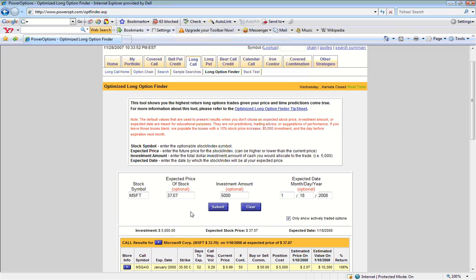Let's say that we see that Microsoft is currently trading at $33.70, and we're expecting a smaller increase in the stock in the next 15 to 20 days. So, we'll remove the default value that was filled in, and we'll enter in our values. If we assumed a $2 increase in the stock, we would put in an estimated price of